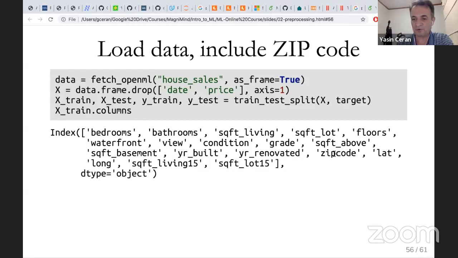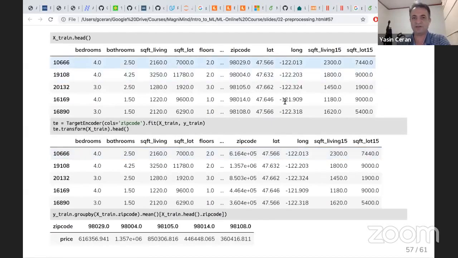One of the attributes is zip code, right? This is a house data set, and this is the data set. Now this is zip code. Instead of using the zip code itself, if you keep this zip code as it is now, you need to create dummy variables. So instead of using zip code itself, what we're going to do is find